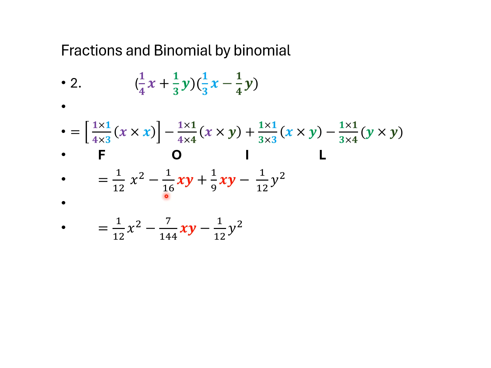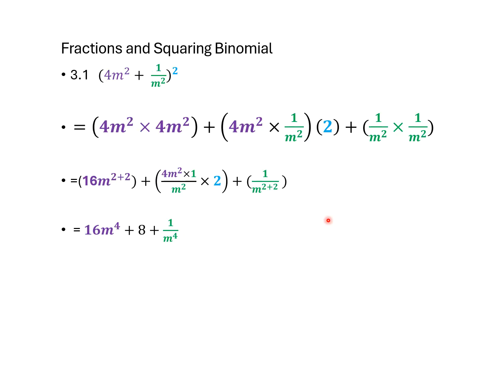So yeah, if I say 16 times 9, that gives me 90 plus 54, 144. And there I would have then cross multiplied negative 9 plus 16, which gives me 16 minus 9, which is 7. So 7 over 144 xy, that stays the same and that stays the same. Alright, so that's binomial by binomial. We still have squaring a binomial, we still have binomial times trinomial. So let's look at them.